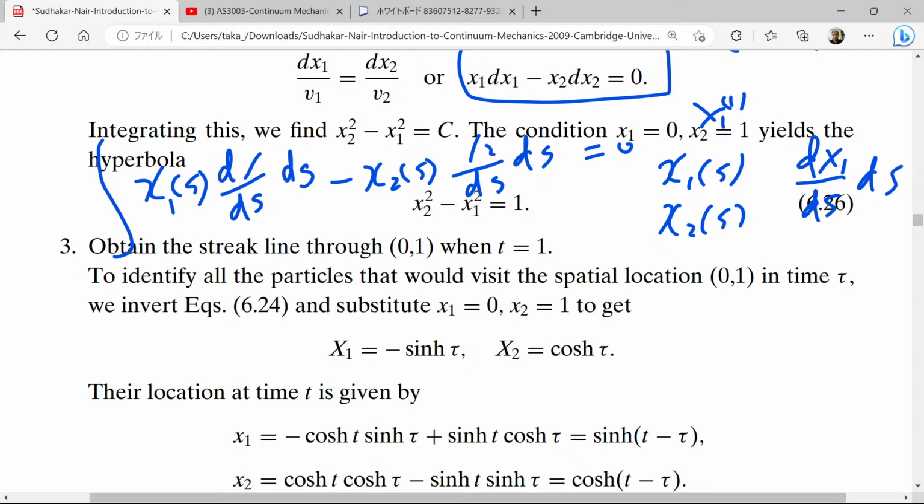We invert the equation and substitute x1 equals 0, x2 equals 1 to get